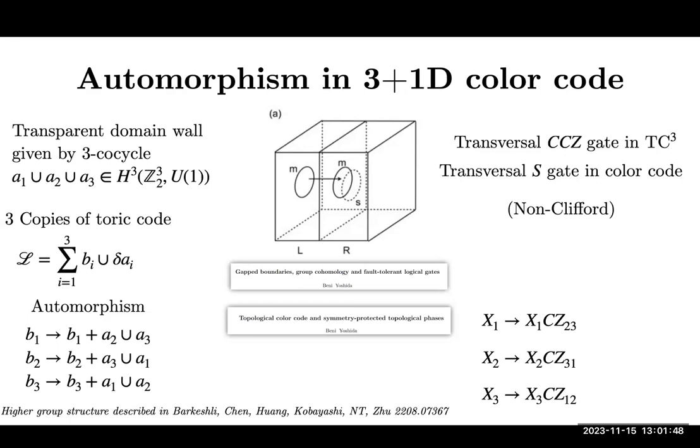That's how you would get a control Z gate. Applying different symmetries in different dimensions to get another symmetry is basically what a hierarchy is. And all of these symmetries together in a topological stabilizer code actually form